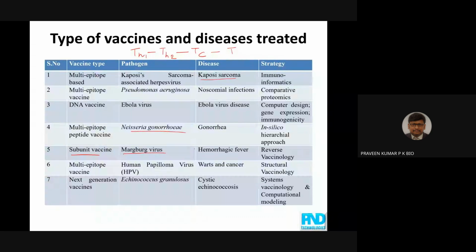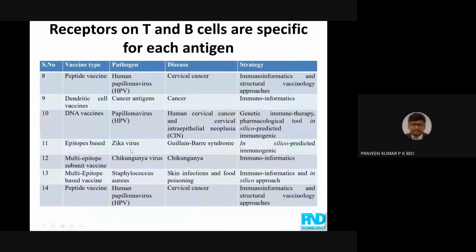Human papillomavirus, which is most frequently observed in cervical cancer. 99% of cervical cancer occurs only in women. 99% of cervical cancers are linked to HPV infections. So for this, structural vaccinology is used to come up with a multi-epitope based vaccine. So like this, we can see a few examples for human papillomavirus linked with cervical cancer, cancer antigens generally, especially through